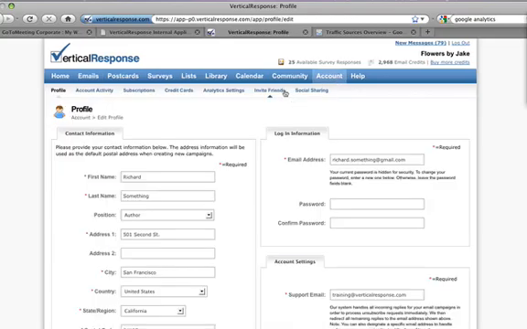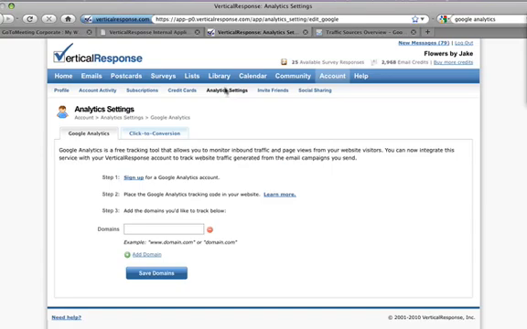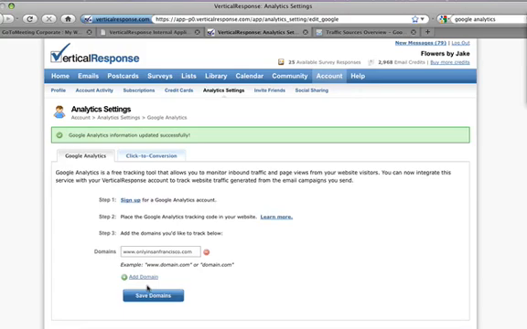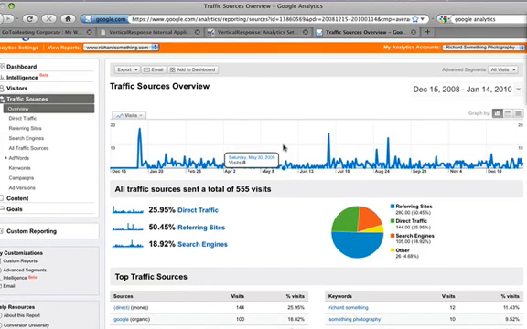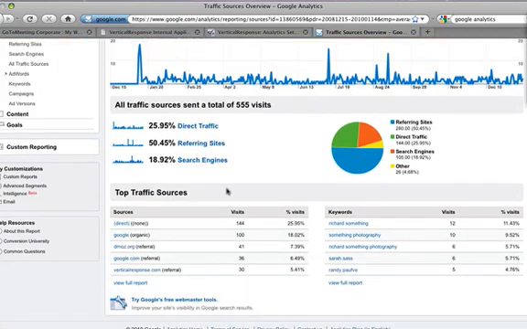The first thing I want to call out is that there is Google Analytics integration. Now, if you've ever attended one of my demos, I always reference Google Analytics integration there because it's very easy to turn on. All you do is put in the domain for the site you're tracking with Google. You can do several if you want. Then you click Save, and then it's turned on. So if you're using Google Analytics to track traffic on your website, as many people are, then when you go into Google Analytics, as we see here, and this is Google Analytics for anyone who's not using that, this is not Vertical Response. So if you see here in Google Analytics,